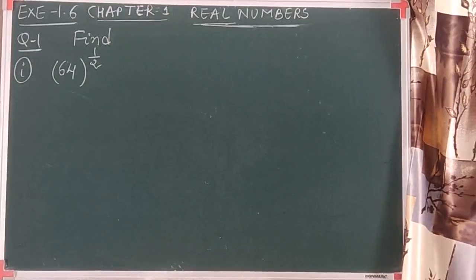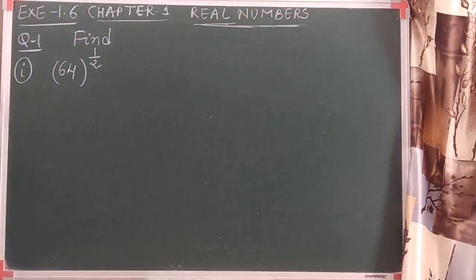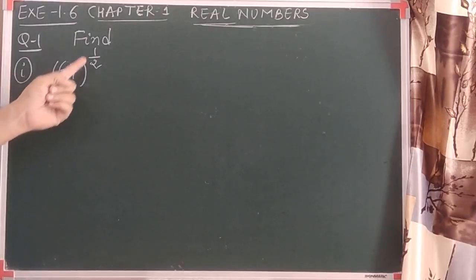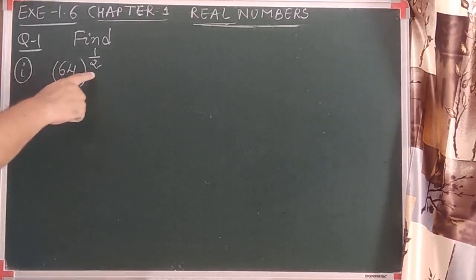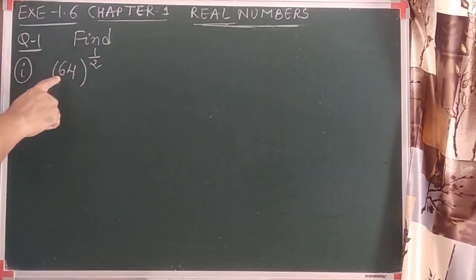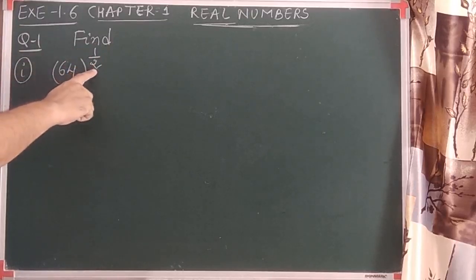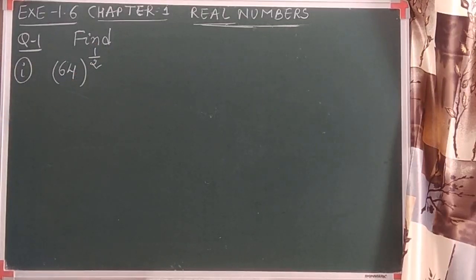Let's see a few examples related to the new formula. Let's start with the last exercise of this chapter; the questions are very interesting. It's all based on the laws of exponent that we discussed. It is 64 raised to 1 by 2. Now we should remember, whenever the power is in fraction, remember what I am telling you, it's very important, look at the denominator. You can see that here the denominator is 2. Now look at the base, what we have: 64.